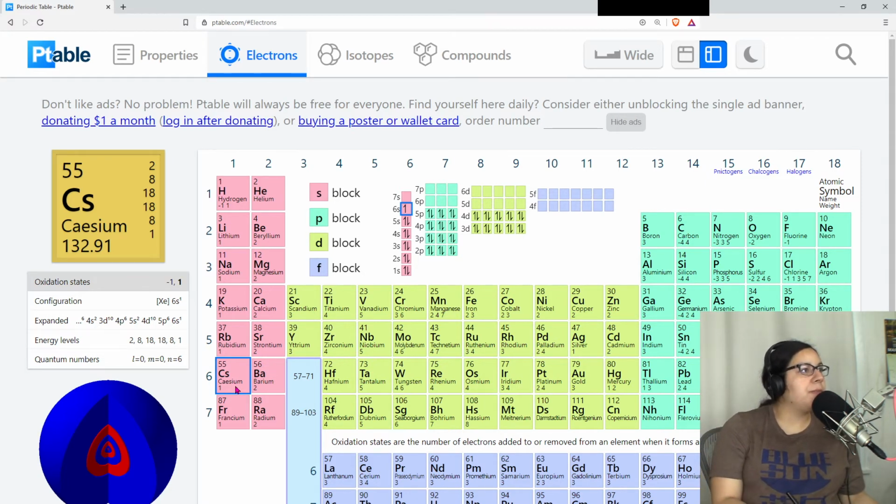Not only does it tell you the electron configuration to help you,